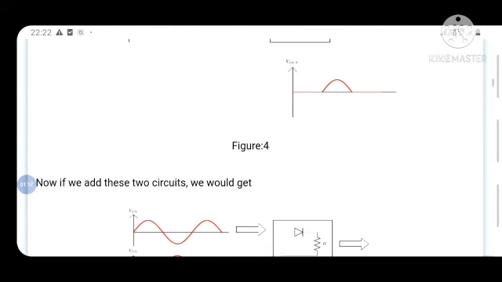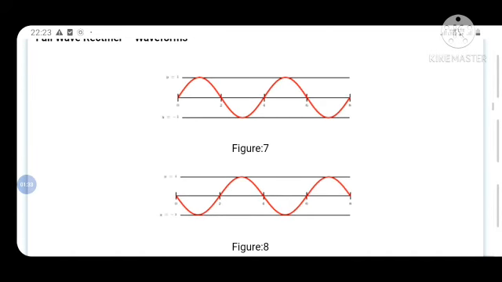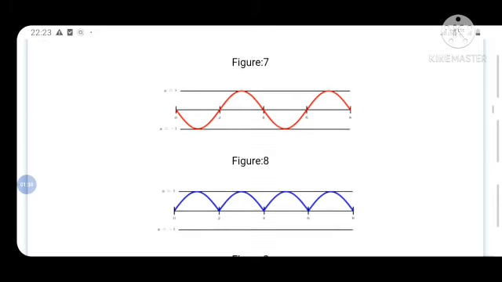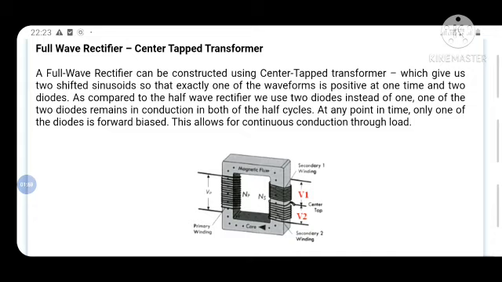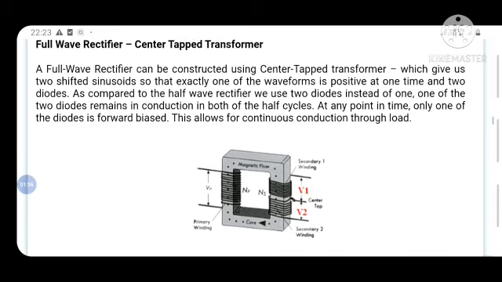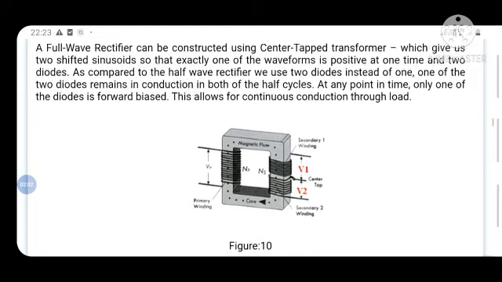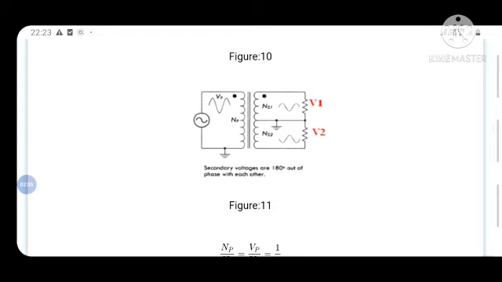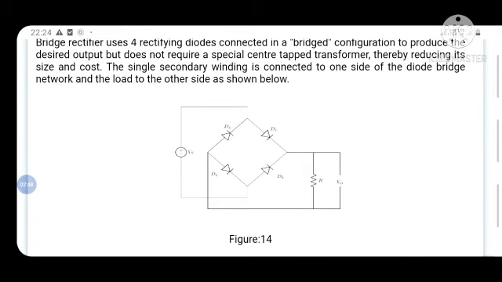You can see here the waveforms. Scroll down. Here you can see the output, the input applied and the output waveforms. Now here you can see the transformer, right? That is N1 is the primary winding and N2 is the secondary winding. But here you can see it is a center tap transformer that is actually used for the center tapped full wave rectifier. For the bridge circuit, this type of transformer is not used.